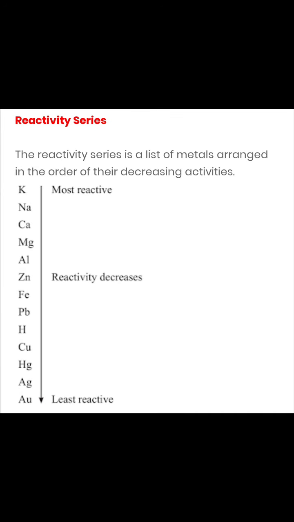This is going to be more clear to you children with the help of the reactivity series, by which we can come to know which metal is more reactive and which metal is less reactive. We can compare the reactivities of metals by this series. The reactivity series is the arrangement of metals in a vertical column in order of their decreasing reactivities downwards. We can also call it the activity series of metals.